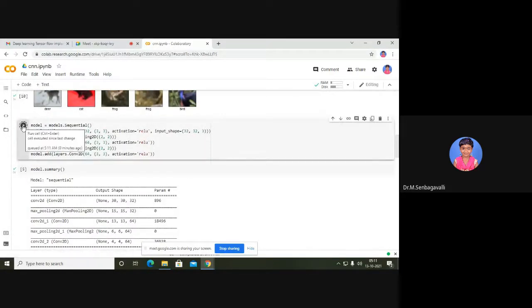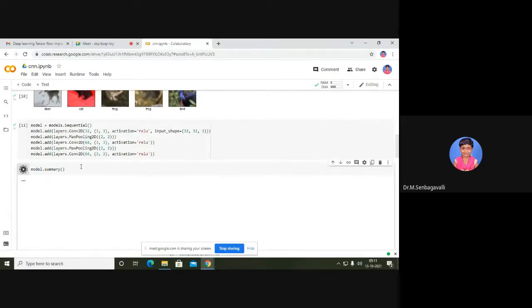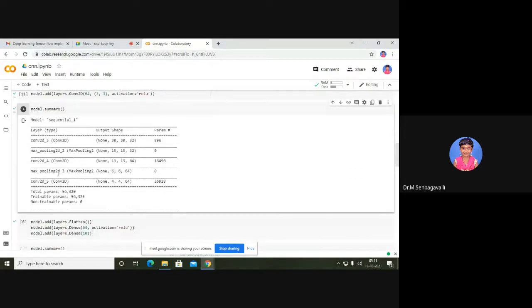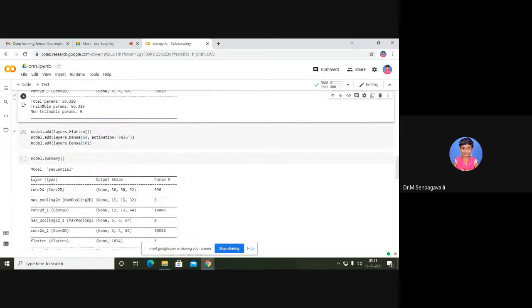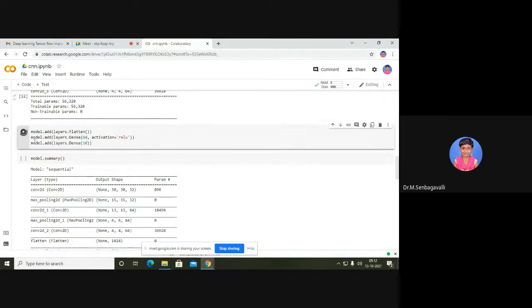And this model base we have done. And the summary it will display with respect to all the layers. Here we are including only the convolution layer and then the pooling layer. And out of all, it will show the total number of parameters, how many training parameters we have. Non-trainable parameters are 0 only, because we have done everything. And the dense layer we wanted to add, that you can compile. Once you compile, you will get the output.